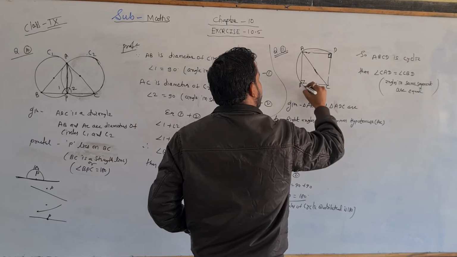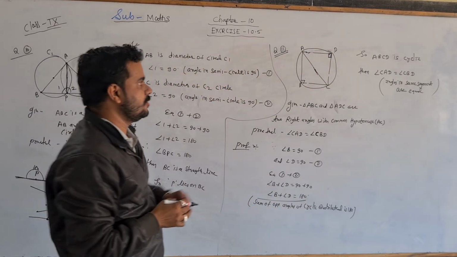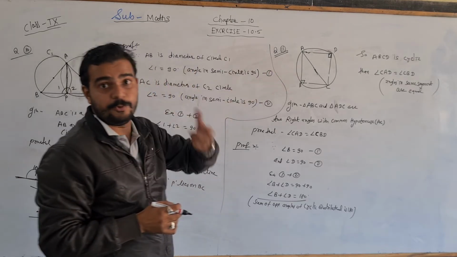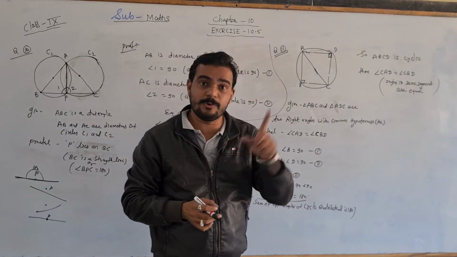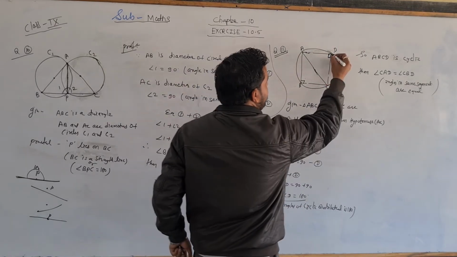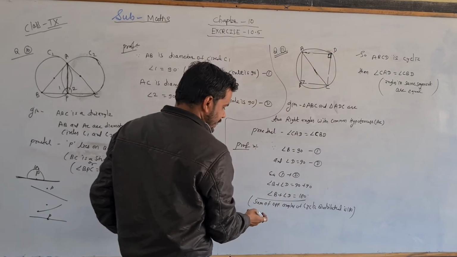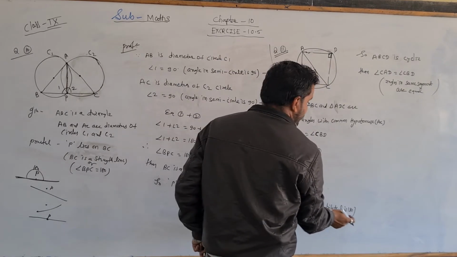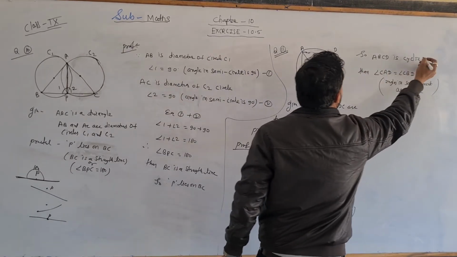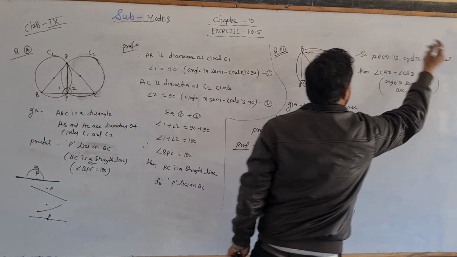It means outside it is a circle. This is a cyclic quadrilateral. So I draw it now to make you understand, because I have to explain that angle B plus angle D came to 180. So we can say that ABCD is a cyclic quadrilateral. So I mention here, the sum of opposite angles of a cyclic quadrilateral is 180. ABCD is cyclic.